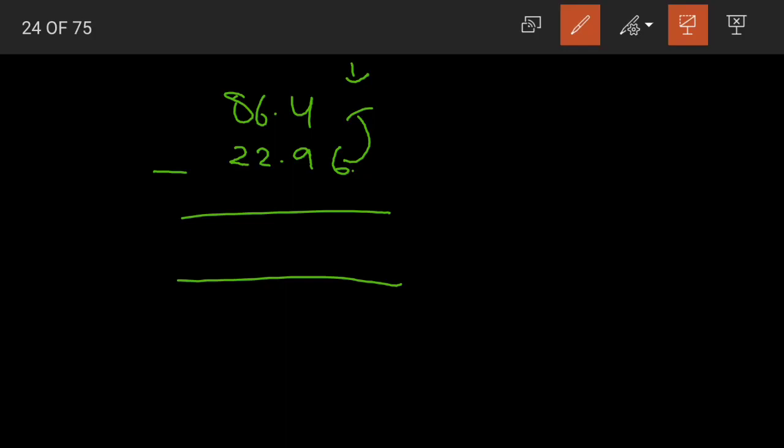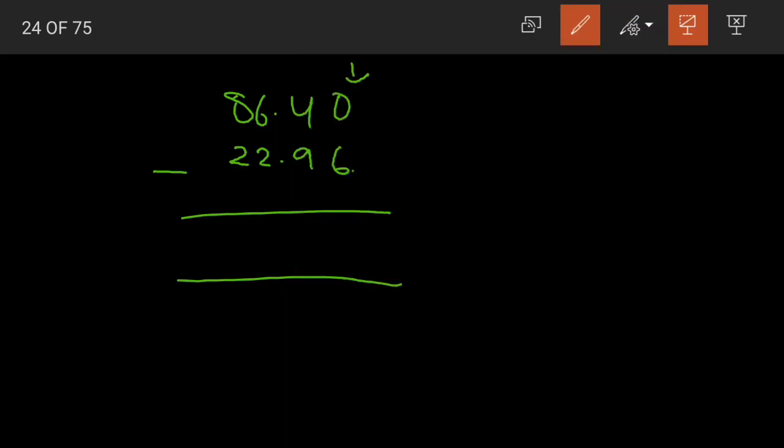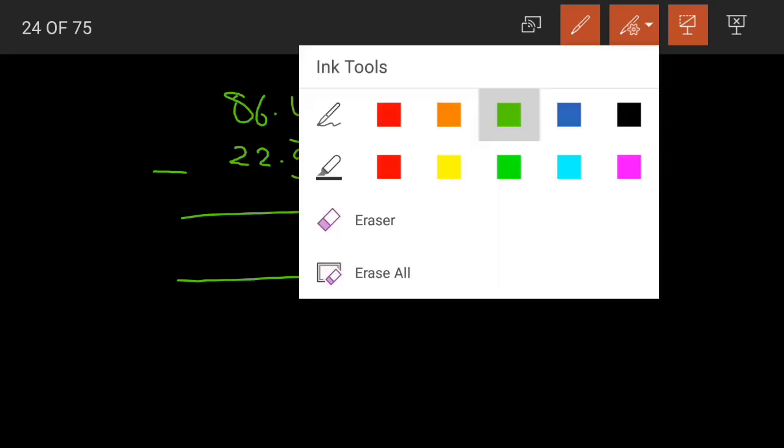If I have to subtract starting from the hundredths place, what should I subtract 6 from? Yes, something should be there above, right? So that is why you have to place a 0 there, children. There is nothing there after 4. So it's better that you place a 0 to make the number of decimal places same. Now as we have 0, we can go for subtracting.